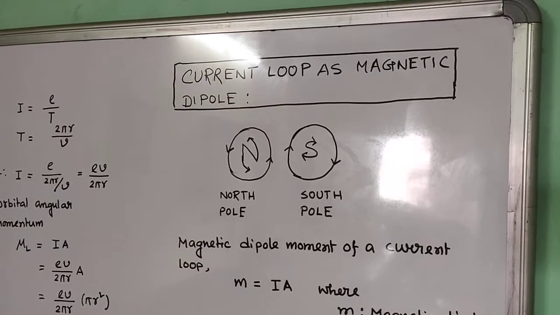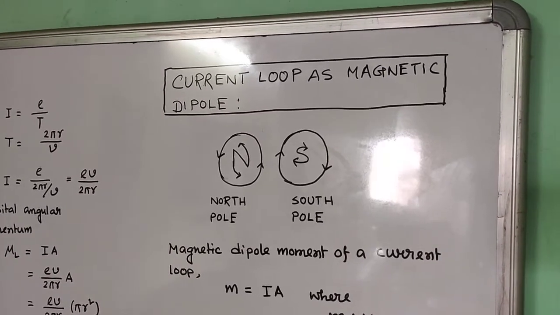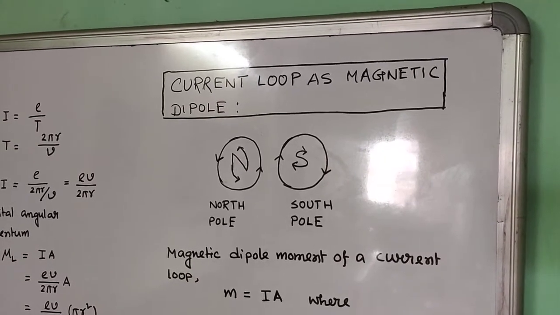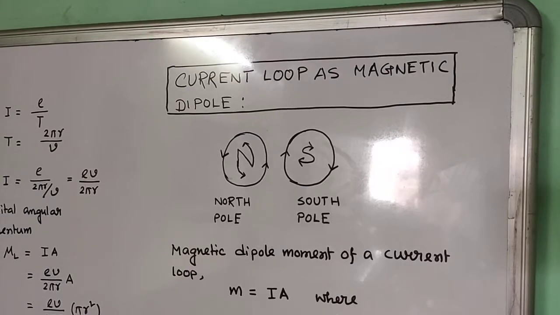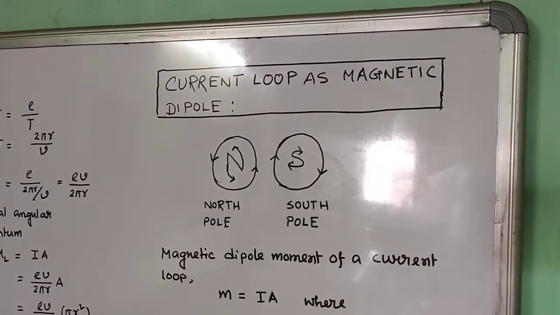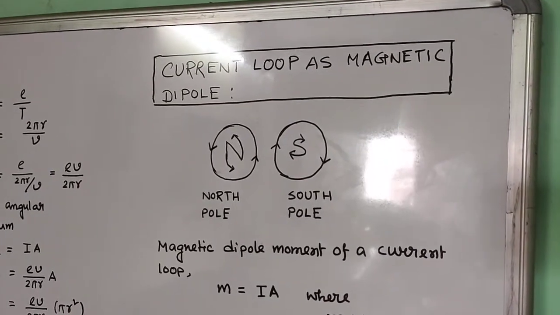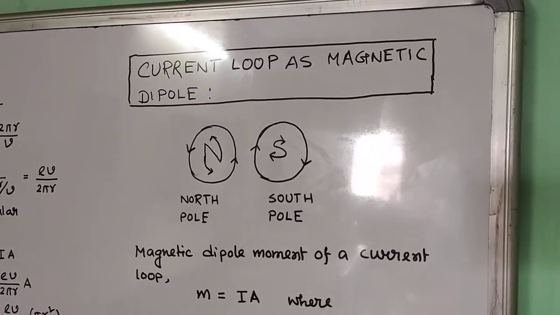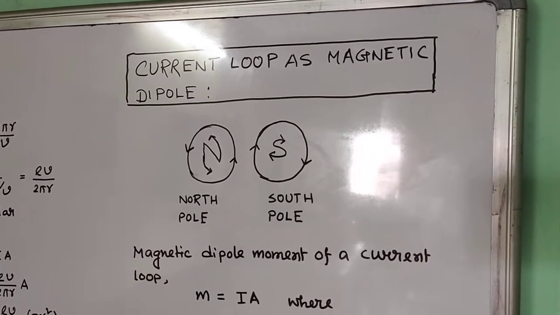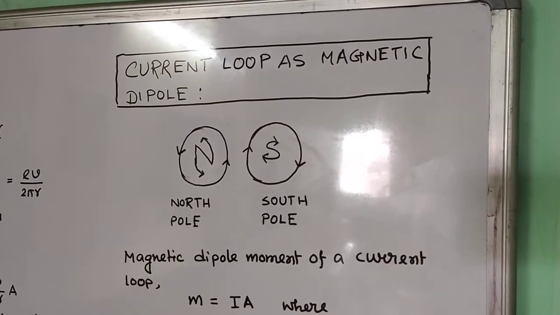Now, you see in the figure, there is written N, and when the current flows in anti-clockwise direction, then that N behaves as a north pole, and when current flows in clockwise direction, then that N behaves as a south pole. You see the direction of the current, one with N, another with S. N is the north pole, another one is the south pole. In the north pole, current flows in anti-clockwise direction, and in the south pole the current flows in clockwise direction.